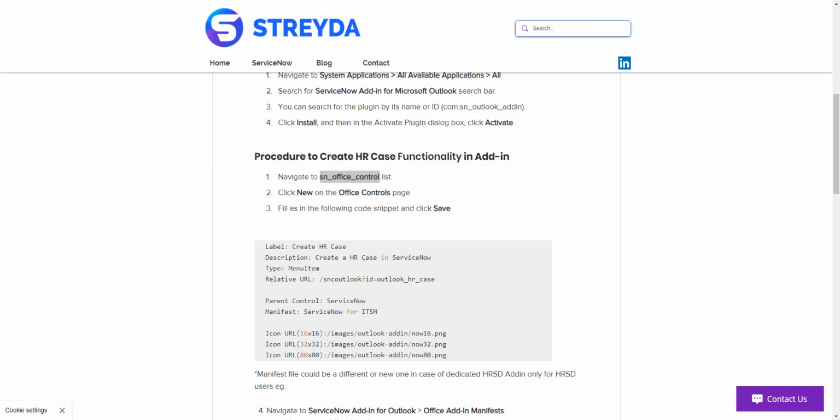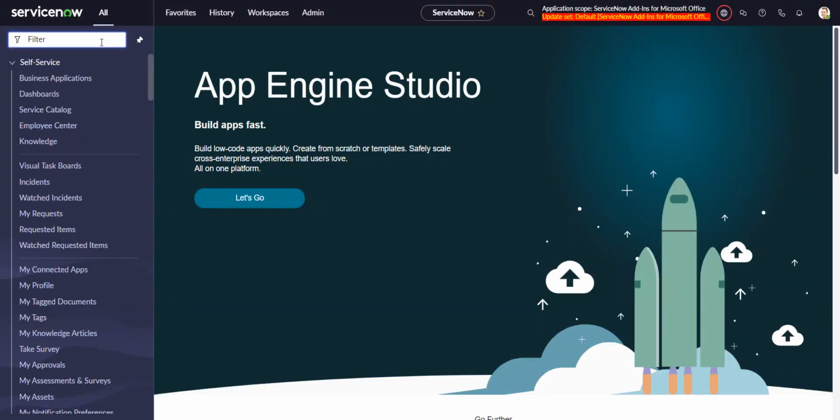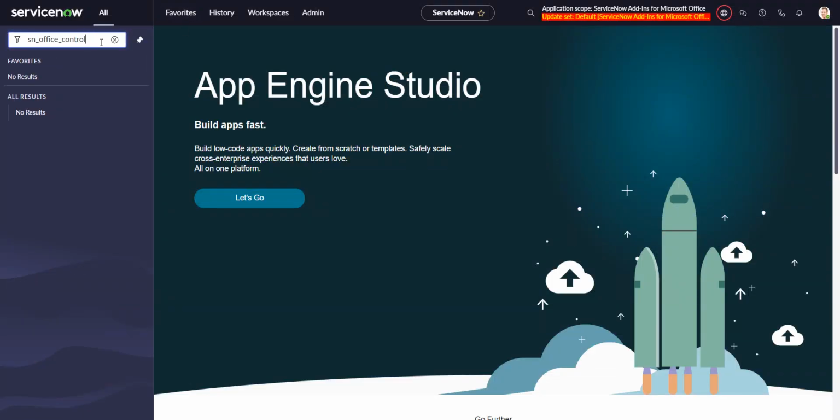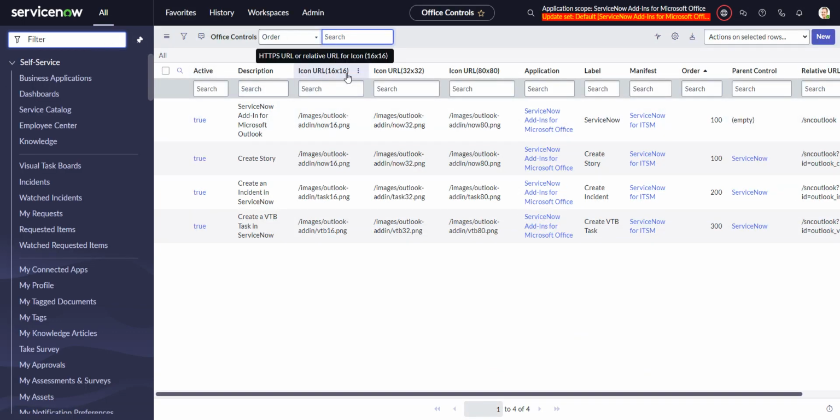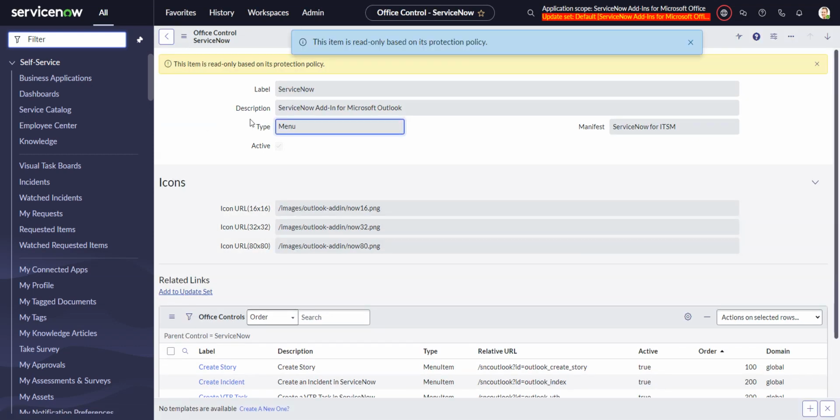So let's go and take a look at that table. We go to office control.list, and we can see that I already have this created here. There are four records in here. Here's the create incident, the create VTB. These are the out-of-the-box records. This is the parent of those two records. So if we go into here, we can see that